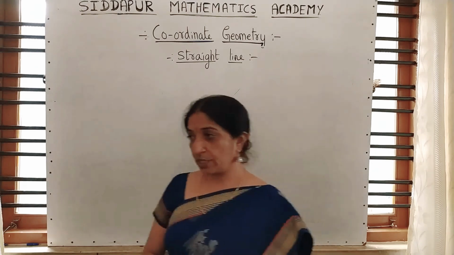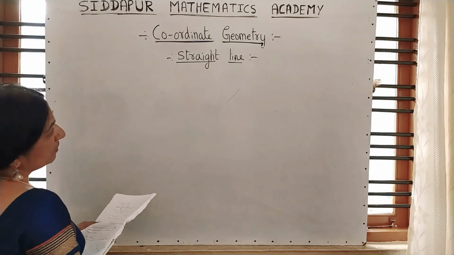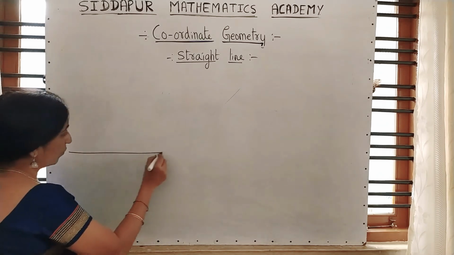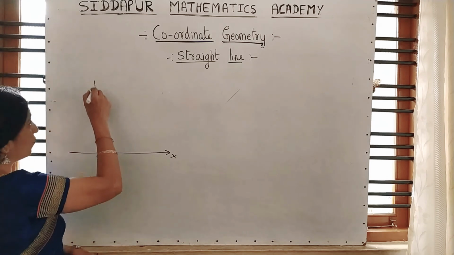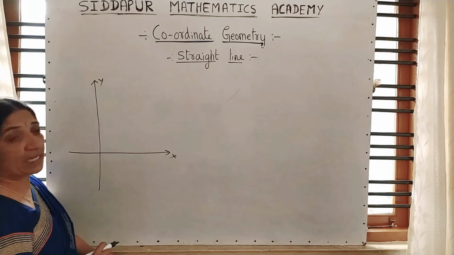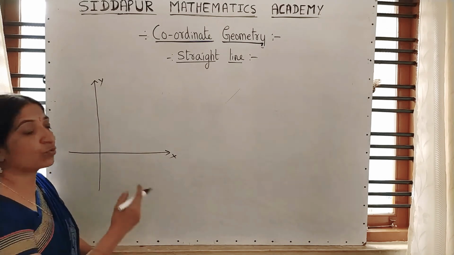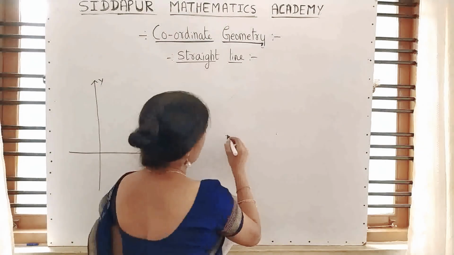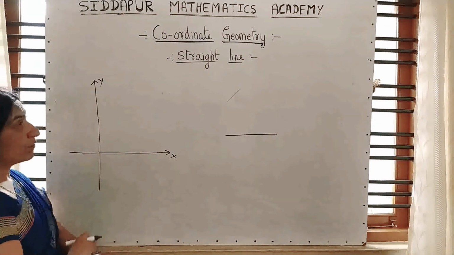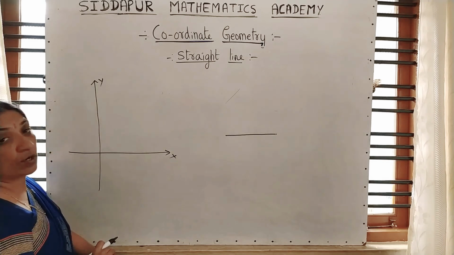So in today's class, I will start with the chapter straight line. In that, first we are moving to the concept of slope. Before any formula or anything, we are moving to the first definition, that is the slope. Already you are familiar, a straight line is nothing but we require minimum 2 points to draw. This is the first point, this is the second point. If you join this, you will get a straight line, minimum 2 points. Before moving to the straight line formula derivation, first we have to see what is the slope.